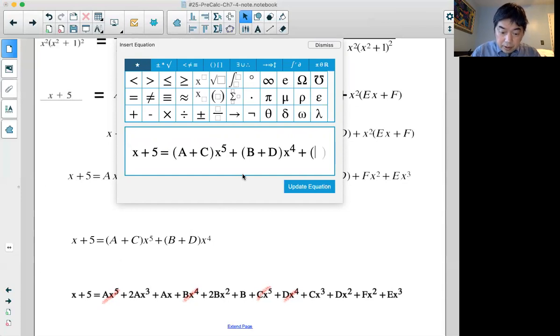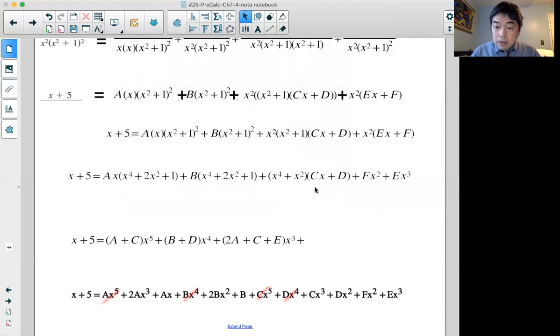Parenthesis 2a plus c plus e, and x cubed plus. So now we took care of